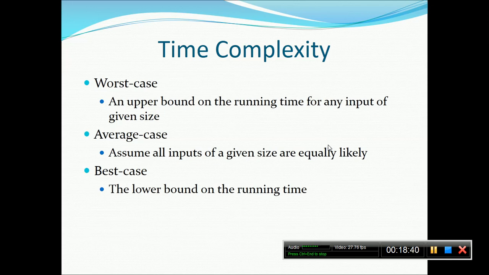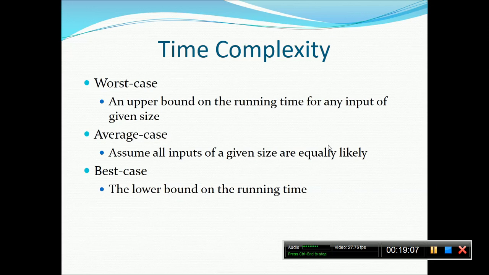Like you started searching for an element in an array. The first element itself will be the number you are looking for. You will stop there, obviously. In this case, this is the best case example. I am repeating again, the best case is like the lower bound. This is the minimum number of comparisons you have to perform to produce an output. For example, at least you are looking for a number, at least one comparison is a necessity to find that element. That is the best case.